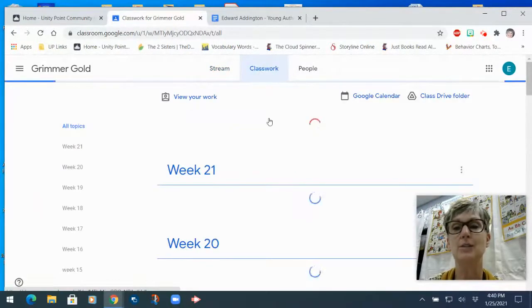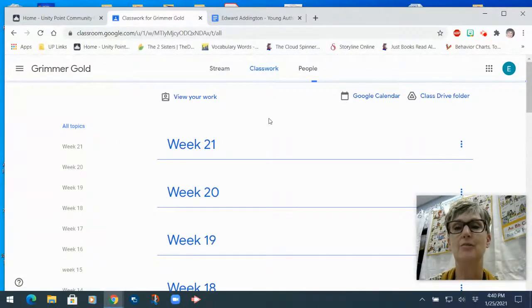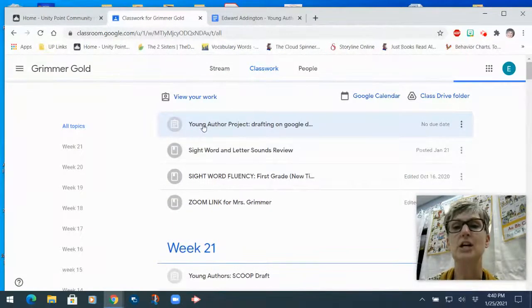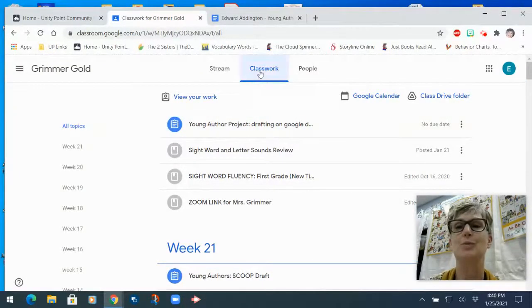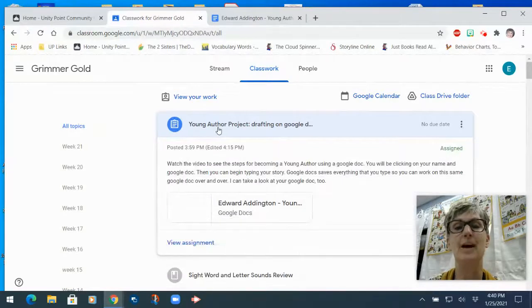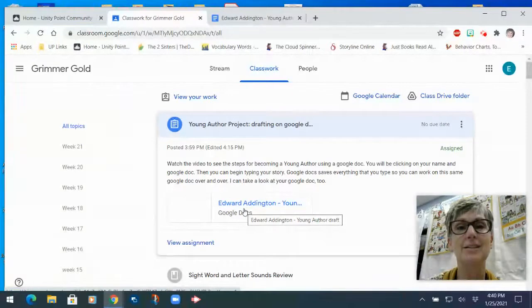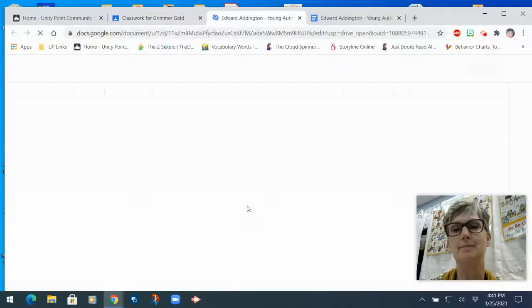When you click on Classwork, you will find at the top of your page, it says Young Author Project, Drafting on Google Doc. So remember, this is under Classwork, and then you click on the Young Author Project. After you've clicked on the Young Author Project, you will see your Google Doc is ready for you to get started. Again, this is Edward Addington's Google Doc. When you open up your assignment, it will have your name. Click on the Google Doc,